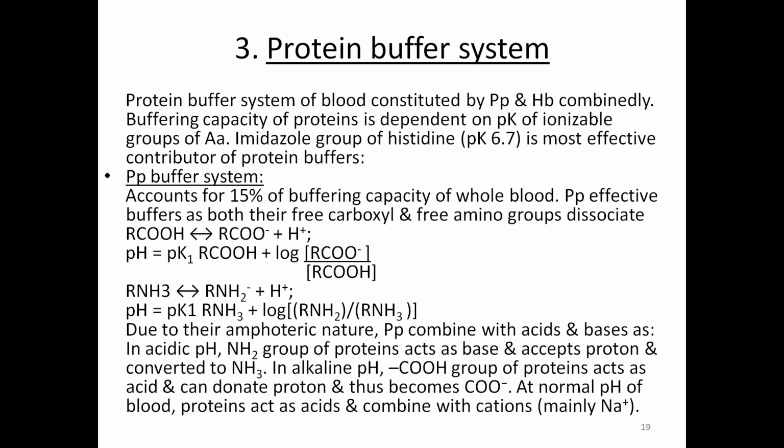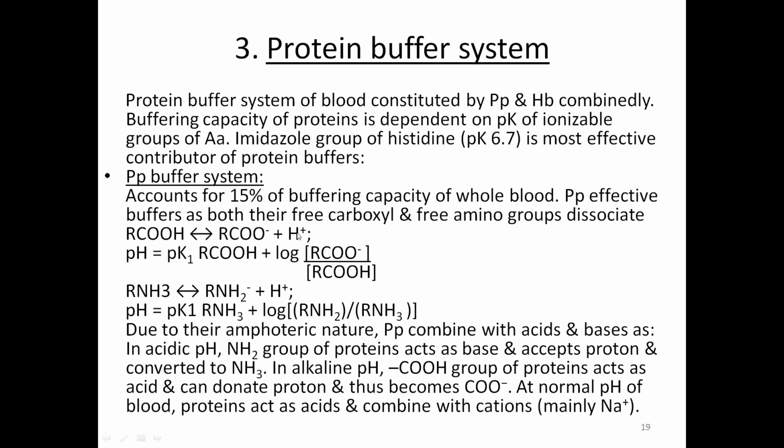Then thirdly, we have the protein buffer system. Okay, this is constituted by your plasma proteins and hemoglobin combined. So buffering capacity of proteins depends on the pK of ionizable groups of amino acids. An imidazole group of histidine with a pK of 6.7 is the most effective contributor of protein buffers. Now your plasma protein buffer system accounts for 15% of buffering capacity, and these are effective buffers as both their free carboxyl and free amino groups